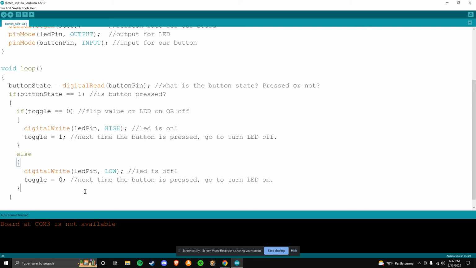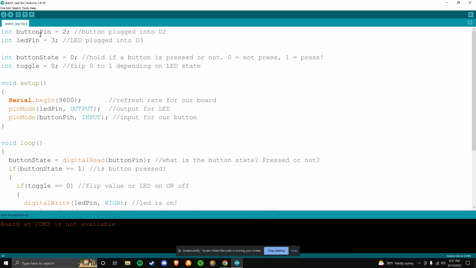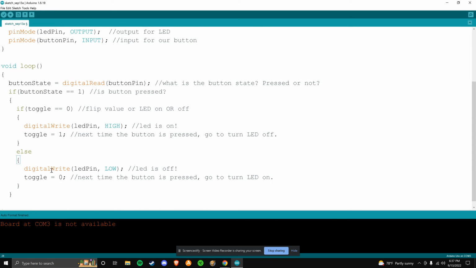Perfect. Now, the very last part that we're missing in this code is our delay, right? So this was a lot so far. I'll post this code up for you to say, is our delay here? I like to put a delay of 250 milliseconds. Okay, that's about a quarter of a second. So this quarter second delay